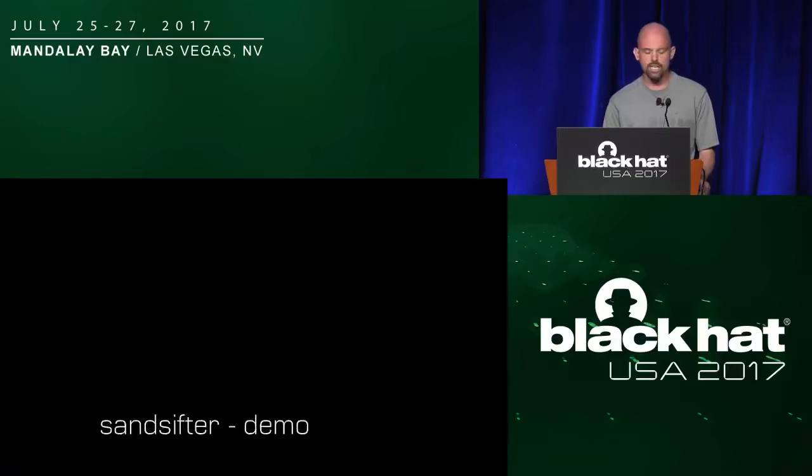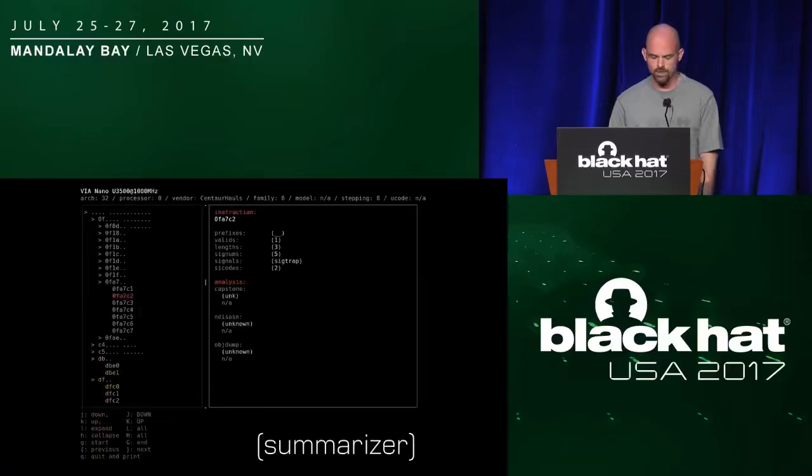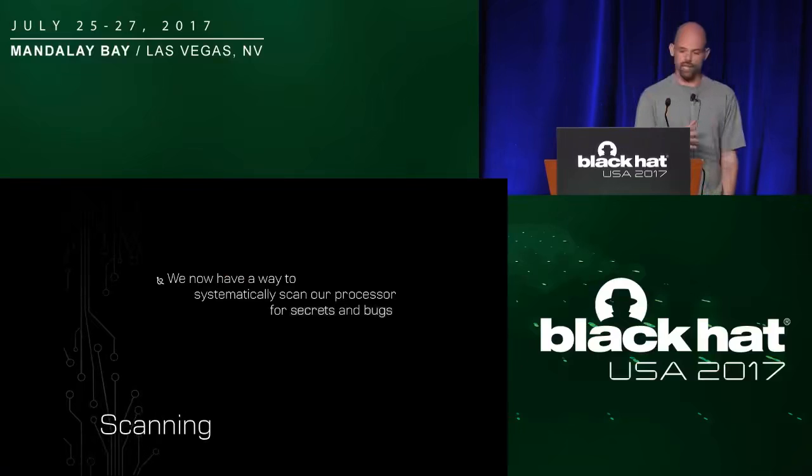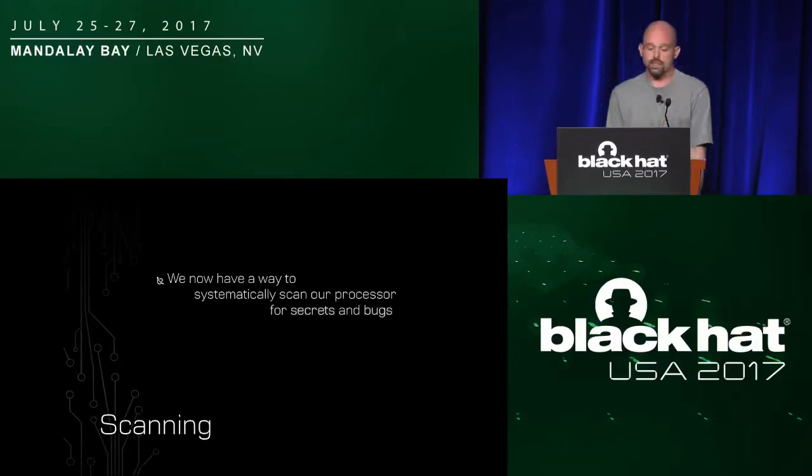0F-A7C3. It's telling me that when this instruction ran, it generated a trap exception, and then it gives this instruction to 3 different disassemblers. None of these disassemblers recognize what this instruction is, which is a very, very strong indicator that this instruction is not documented and is not known by anybody, even though it's running on our processor. So at this point, we have a way to systematically scan our processor for secrets and bugs, and I think